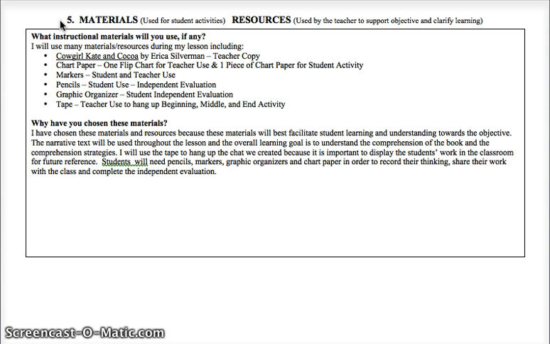So you really just need to sit down and think, what is everything I'm going to need to teach this lesson, everything the students are going to need to complete what I'm asking them to do, and anything I'm going to need to evaluate the students at the end of the lesson. Now, some of these things you may think, well, that's just common sense that kids are going to need a pencil to write with. But depending on the age of children that you're teaching and the routines that are in your classroom, something as simple as not having pencils ready for students to use can really break the flow of